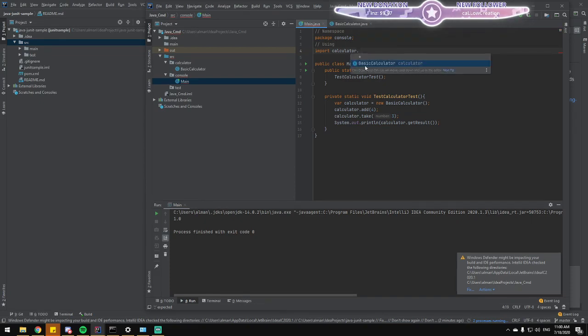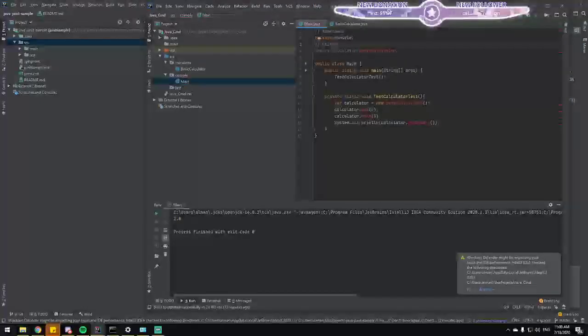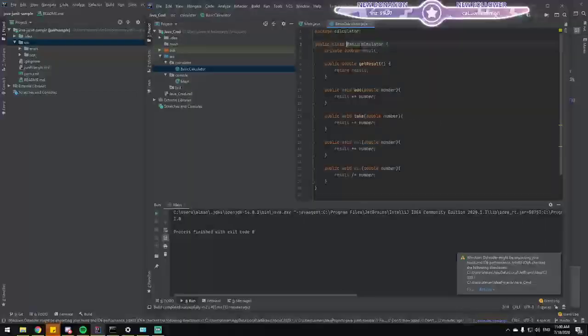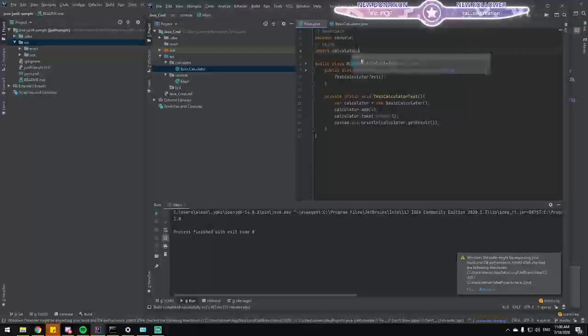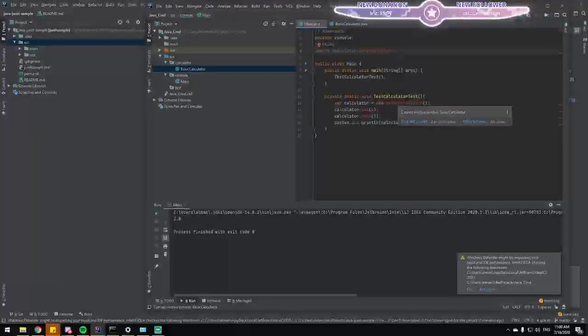Okay, that was weird. What? Why? It is basic calculator. So why, if I write basic calculator, it's not finding it. Doesn't make sense.